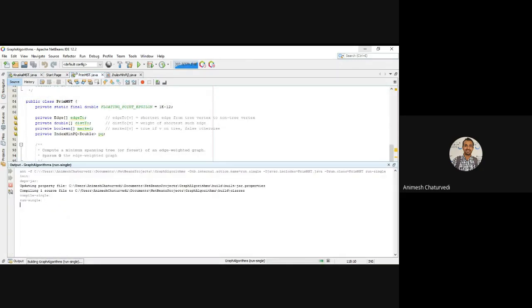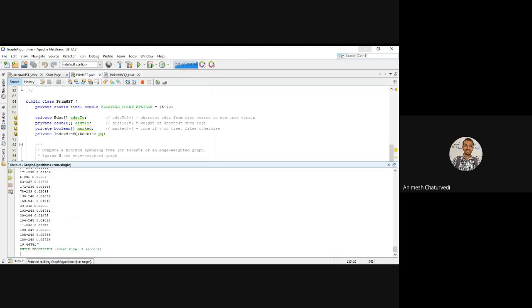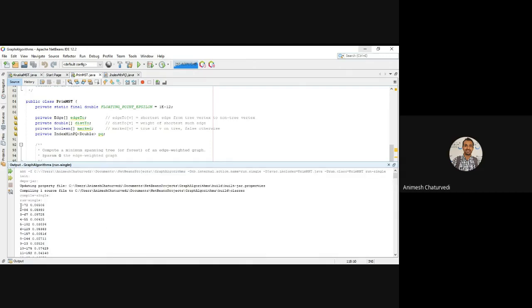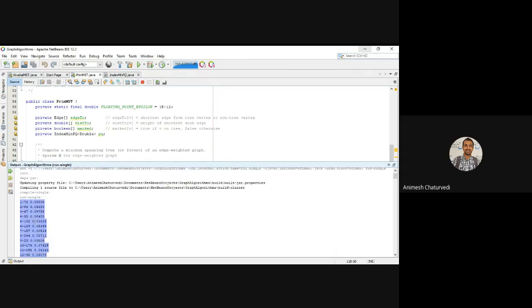And once I executed, I have this result again, the same result, because Prim's and Kruskal's both give you the same result. But you notice that in Prim's it was starting from node 1, meaning node 1 was first, and this was the least size edge possible from node 1. This was the least size edge possible from node 2.